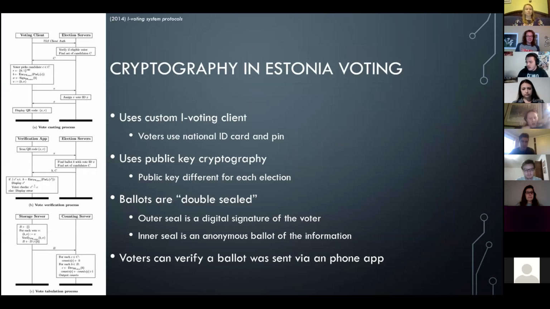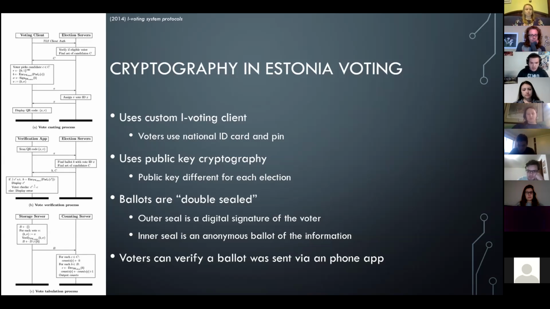So again, they have an online voting system built for all their custom elections. They use public key cryptography in order to do this. Using their iVoting client, voters can use a national ID card and PIN to create a digital signature that is then verified by the server to verify if you can vote and what you're voting for. After you verify yourself, you're given the list of candidates for your district. You make your vote, and then you send it off via HTTPS to the server to be put in the